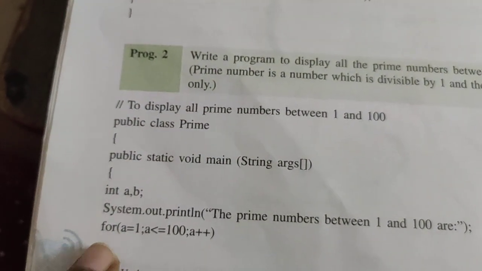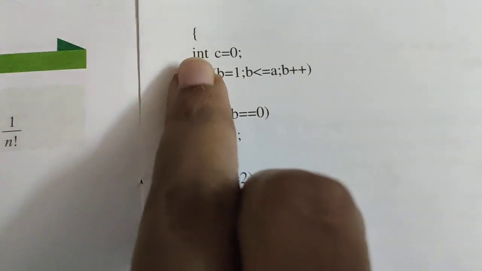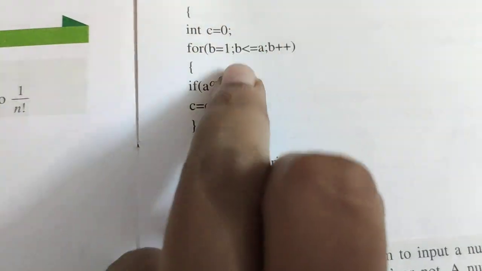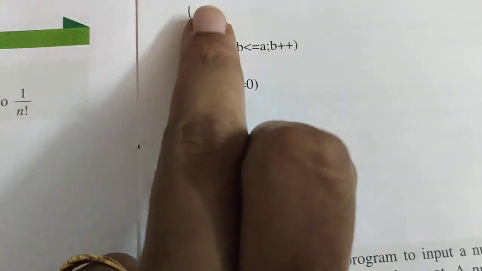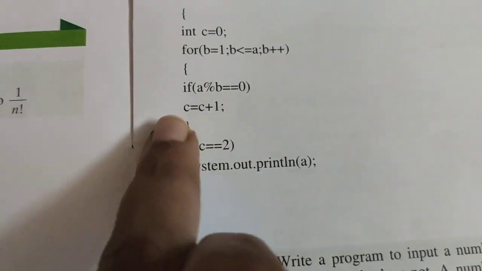See, 3 is a prime number, right? For that we will see here now. For the next iteration 3 is going to come and see what is going to happen. Int c is equal to 0. Again, why they have given it here is that again and again c should become 0, then only you will be getting this value as 2. We are going to check the value for 2, right? That's why they have given it here.